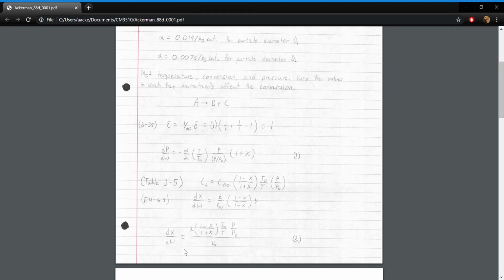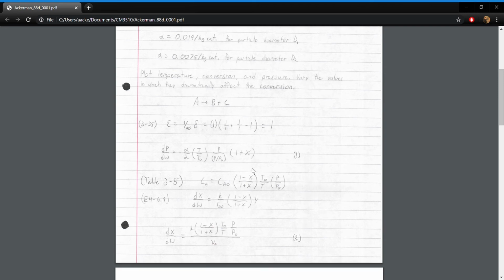And now what we're going to do is we're going to take equations 1 and 2 and we're going to input them into Polymath,